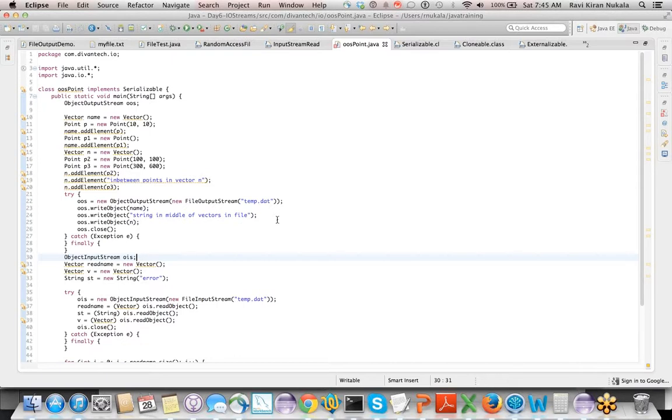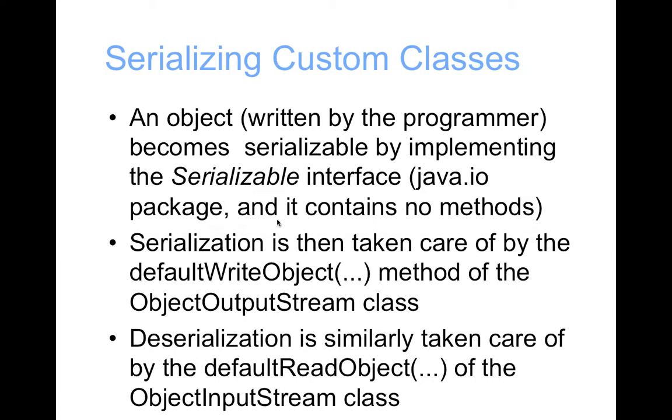Okay. So remember, when somebody asks you what are the various examples of marker interface, you could say Serializable and Cloneable. Okay,